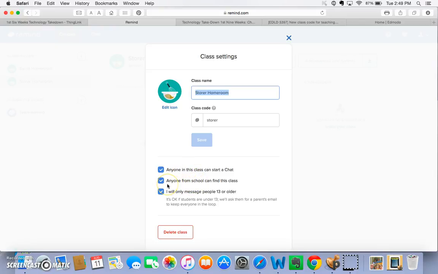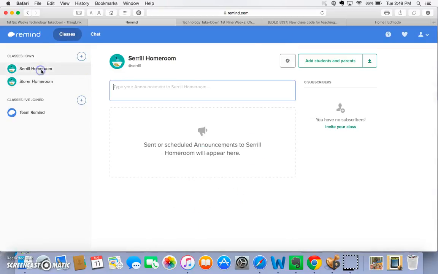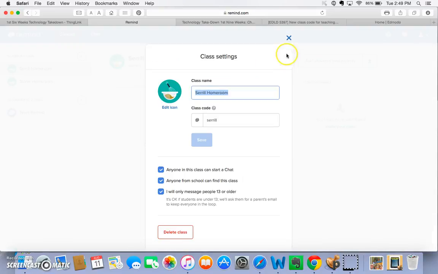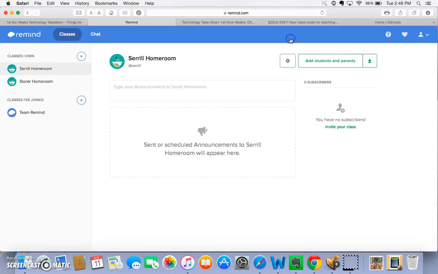Anyone from school can find this class. The only people that should join this class, of course, would be those with the class code. And then that needs to be checked. I will only message people 13 or older. That's your parents. Let's make sure both classes look like that. You can also change this icon if you wanted to. So the first thing you're going to do is create an account with Remind, and you're going to set up your classes, and you're going to send out to your classes